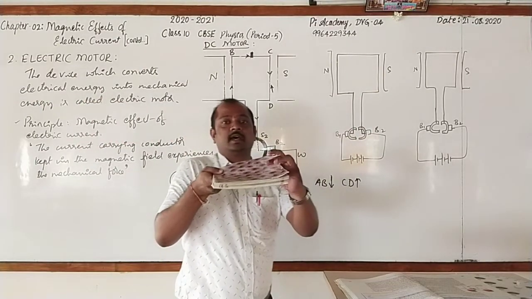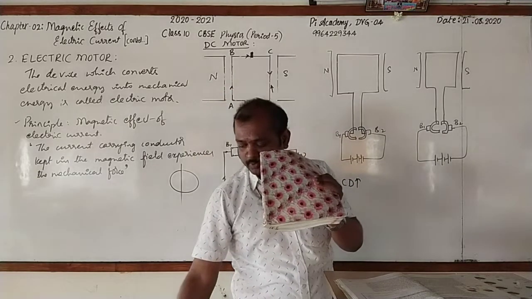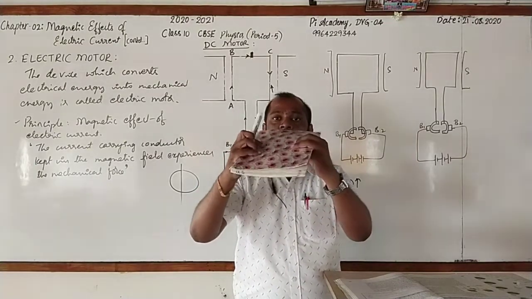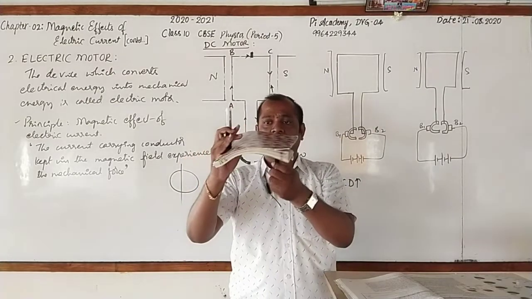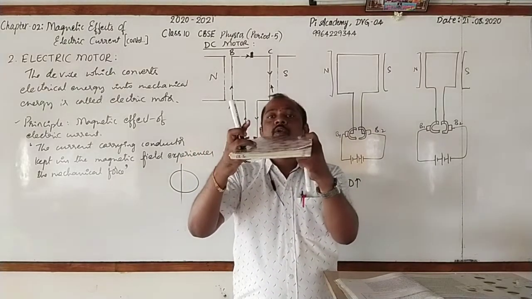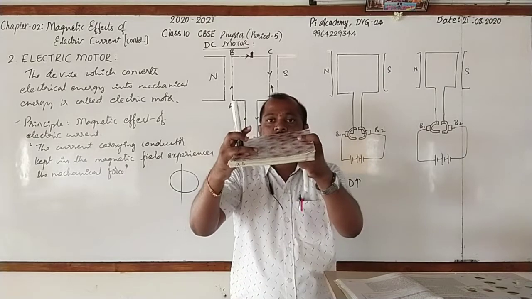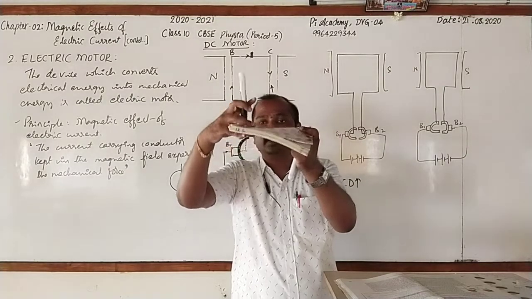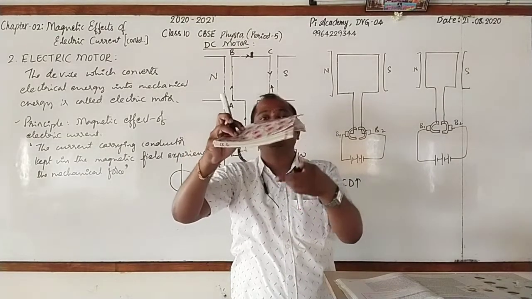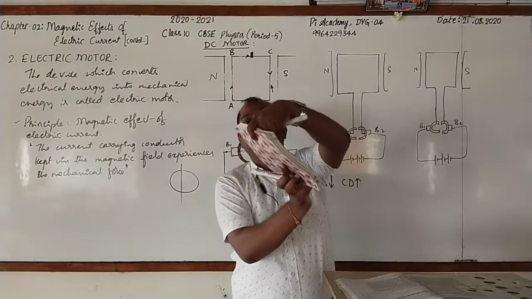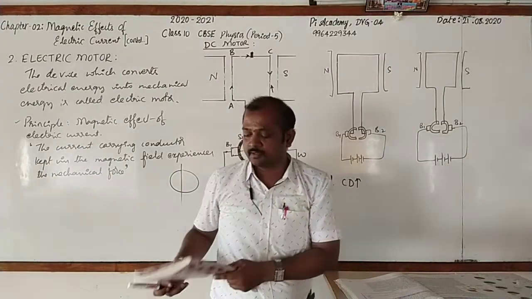When you think that this is the armature, when the current flows through AB, the mechanical force is acting in this direction, downward. When the current flows through CD, the mechanical force will start acting in this way. So these are the two equal magnitude forces acting on two different limbs in the opposite direction. So what happens? See, here force is acting, here also force is acting, but this force is acting downward and this force is acting upward. When they act continuously, what happens? The coil starts rotating, which indicates mechanical energy.